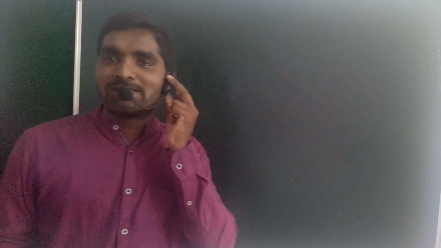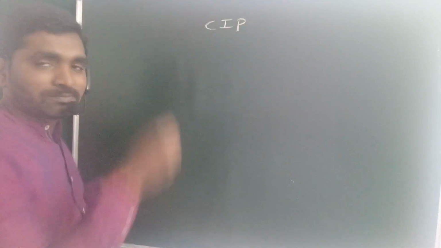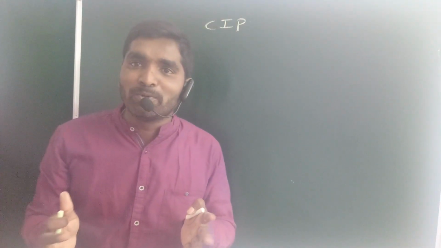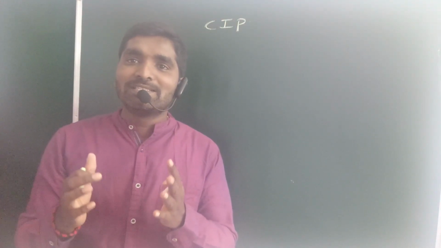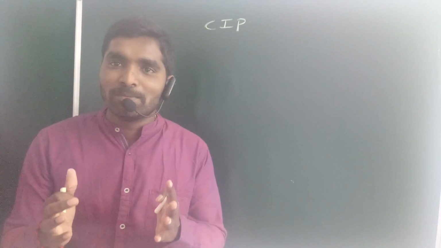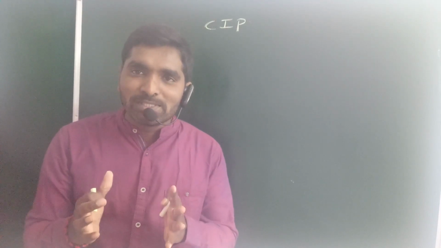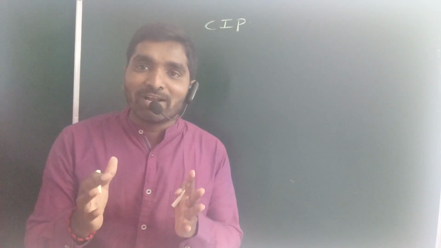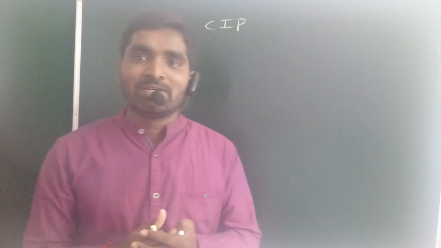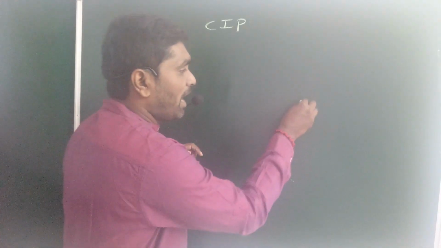So today our topic is one of the most important in isomerism, which is nothing but CIP rules. So what are the CIP rules? C means Cahn, I means Ingold, P means Prelog. So these are the CIP rules. These rules are very important for RS nomenclature. If you find the RS nomenclature, you can find the enantiomerism